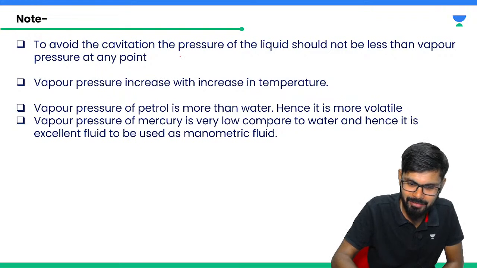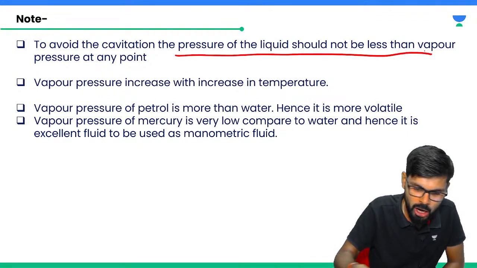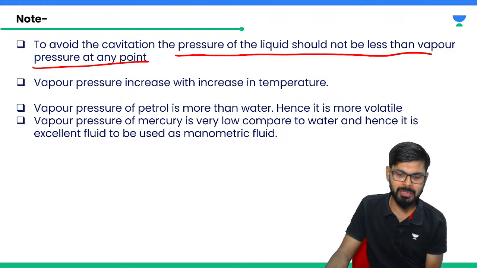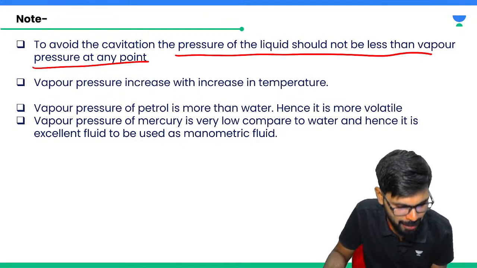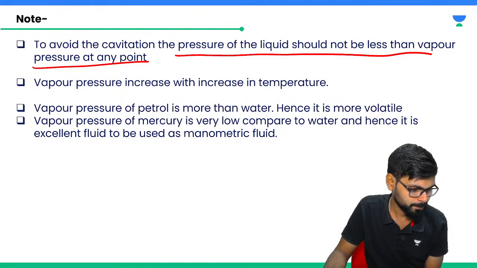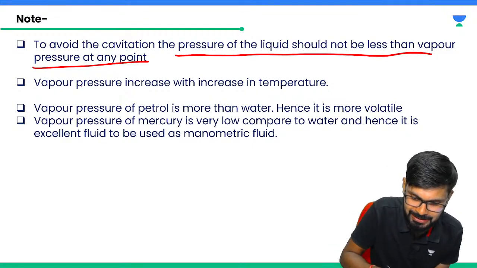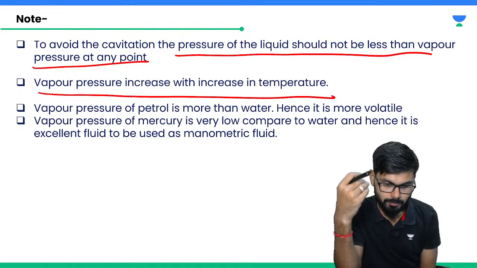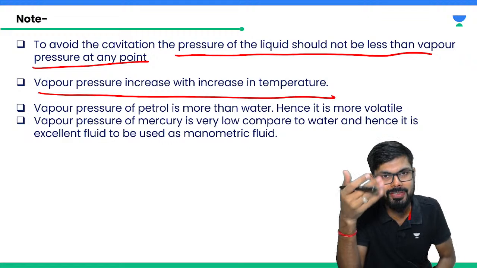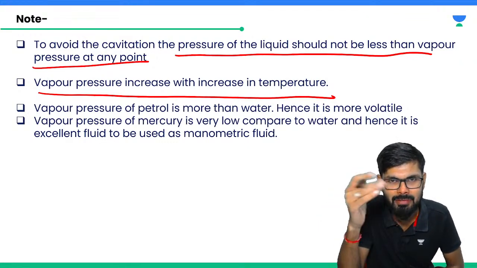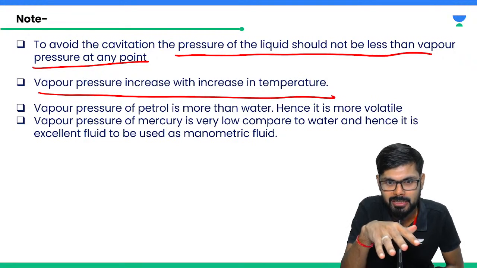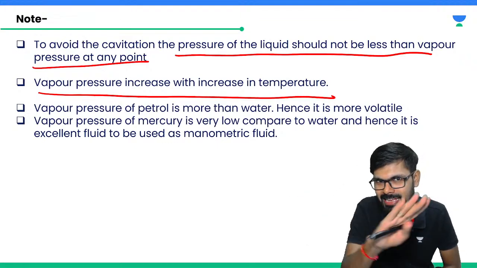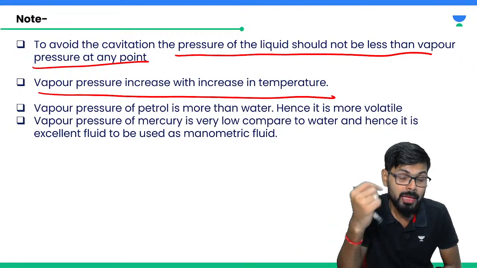So to avoid the cavitation, the pressure of the liquid should not be less than vapor pressure at any point. Now next point is, vapor pressure increases with increase in temperature, as I told you, right? जैसे जैसे टेम्परेचर बढ़ाएंगे उसका वेपर प्रेशर भी करस्पॉन्डिंगली बढ़ेगा। अपोजिट में बोल सकते हैं कि जैसे जैसे प्रेशर बढ़ाएंगे वैसे वैसे करस्पॉन्डिंग सैचुरेशन टेम्परेचर बढ़ता जाएगा। Both are equivalent. Now just now I told